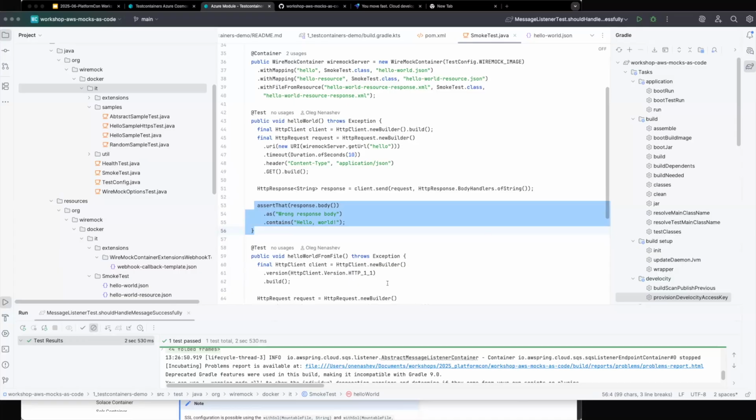And here you can see that the container was provisioned and our application connected to this service and did the execution. Of course, it's a very boring example, hello world, but we can do something way better. For example, WireMock, there is an opportunity to send a callback webhook, and we can also test it with the help of